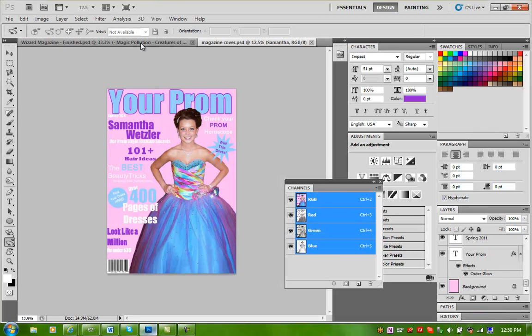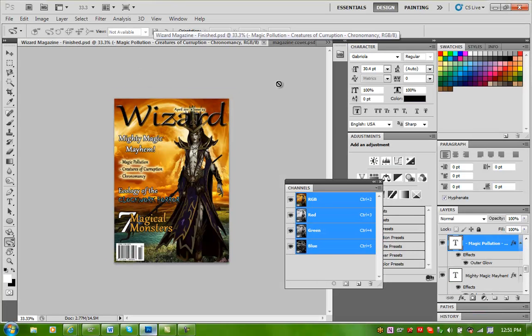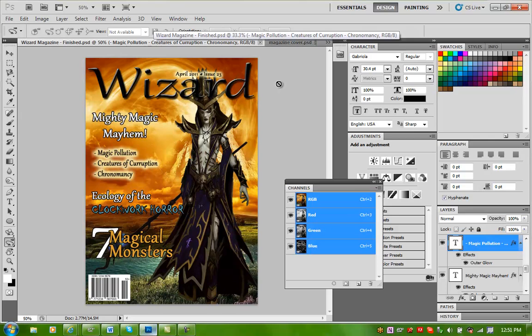I have another one. Let me blow it up a little bit. This one was a student, did it on Wizards. This is a completely, I think, made up magazine. And she just put one picture, a background, and then a bunch of different articles. So these are two examples. These two students got all the points for their magazine. So I wanted to share those with you so you can kind of see what I'm looking for.